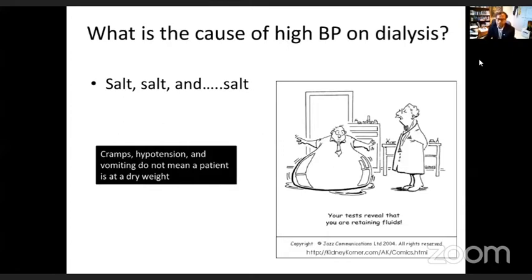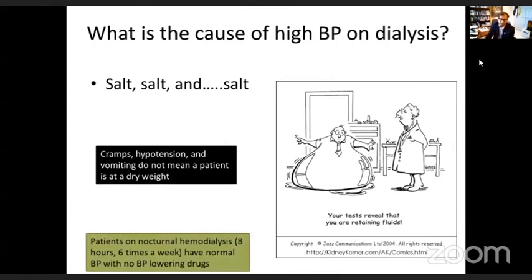काफी बार क्या होता है कि पेशेंट को क्रैम्प्स आते हैं, या ब्लड प्रेशर कम हो जाता है, या वॉमिटिंग हो रहा है, तो आप ब्लड प्रेशर कम है, that means they are too dry, or blood dry weight change karo. That's not always right. Agar blood pressure zyada hai unka at any given time, that means they have extra salt and water, and you should try to reduce their weight. Kaise weight kam karo, increase their time, bring them on more often, but those things are not as easy as I can say. But what the patient can do is to reduce their salt intake. Water intake is not the right approach. It is salt intake that matters.